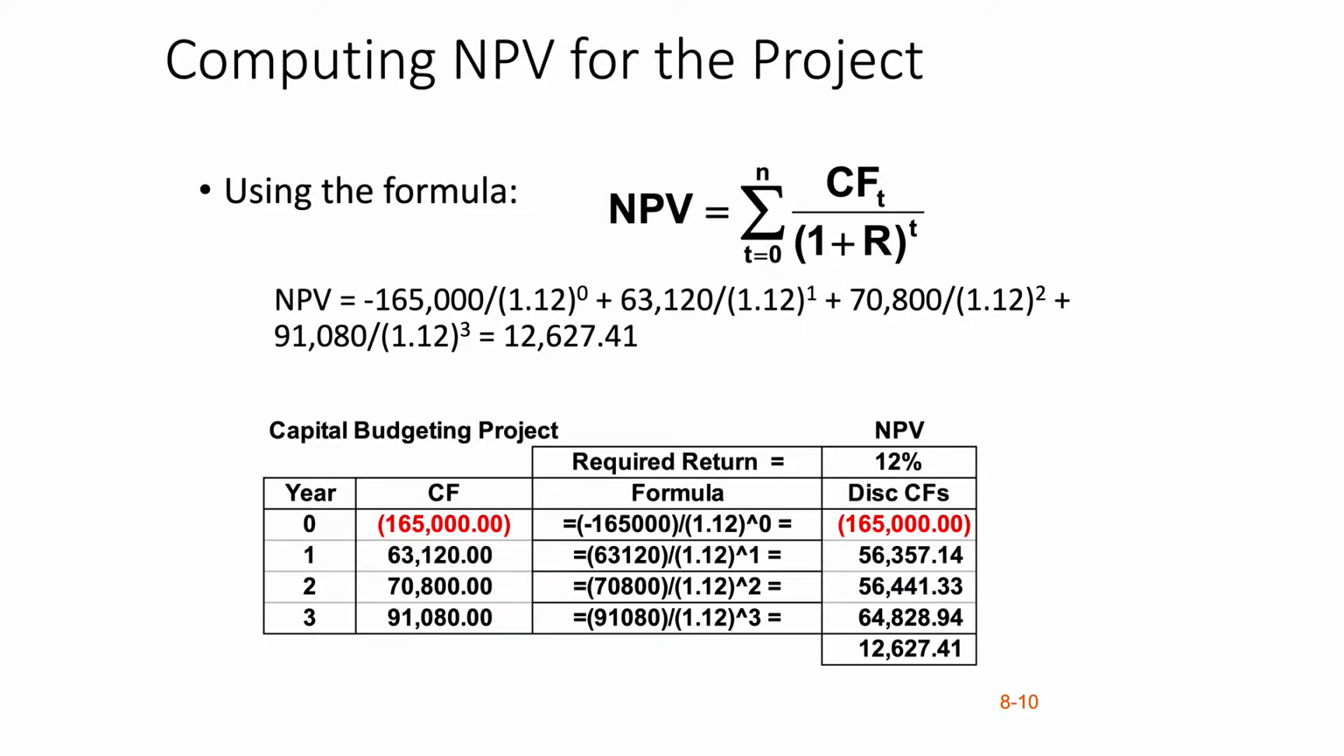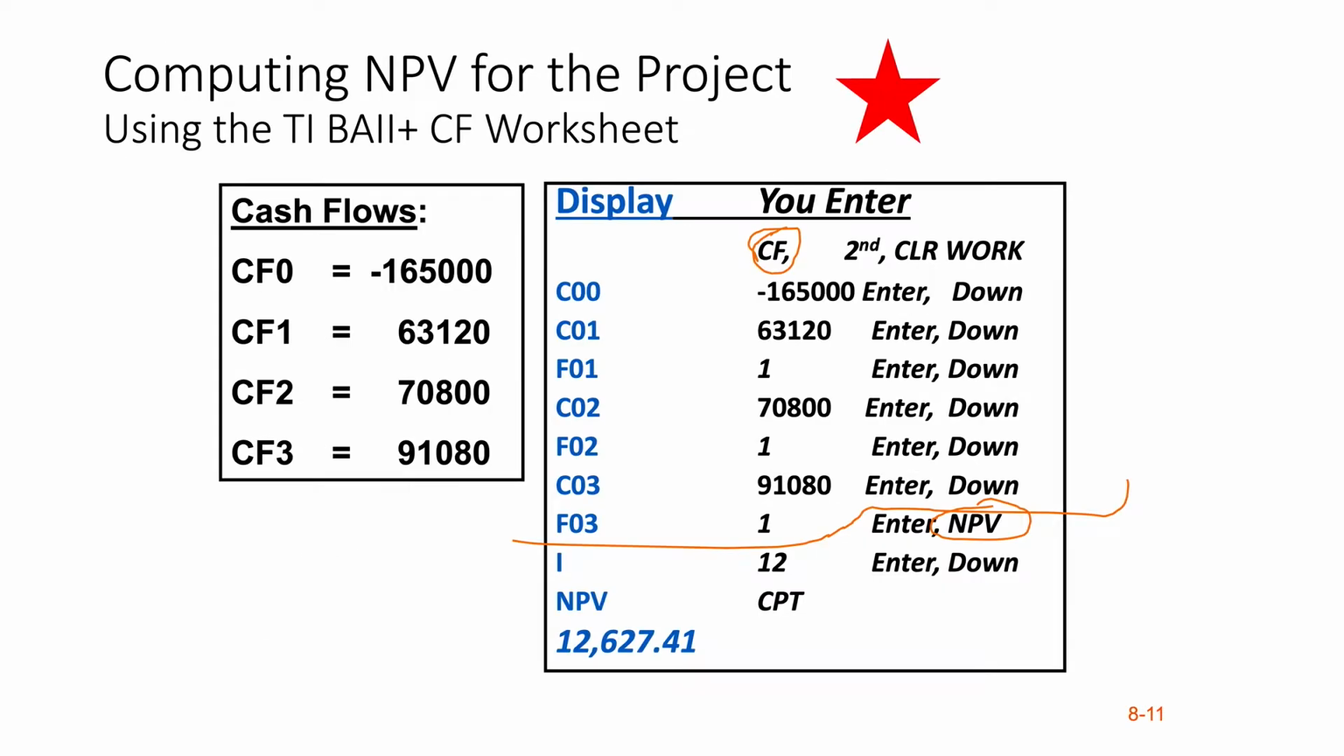First cash outflow, 63120. Second cash flow, 70,800. The third cash flow, 91080. Now, if you use the financial calculator, you put all these 4 cash flows into the CF key. Here's the sequence you need to put into it. Then you need to enter NPV, the third key, under the cash flow line